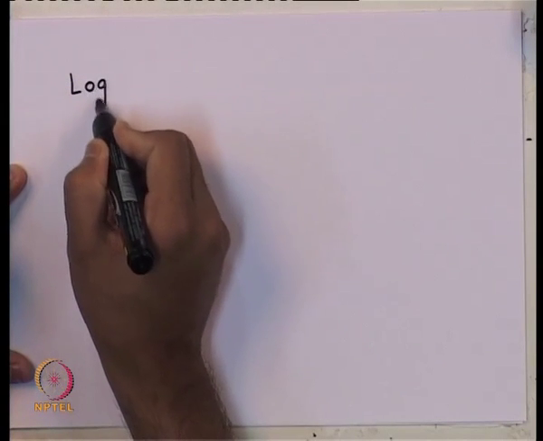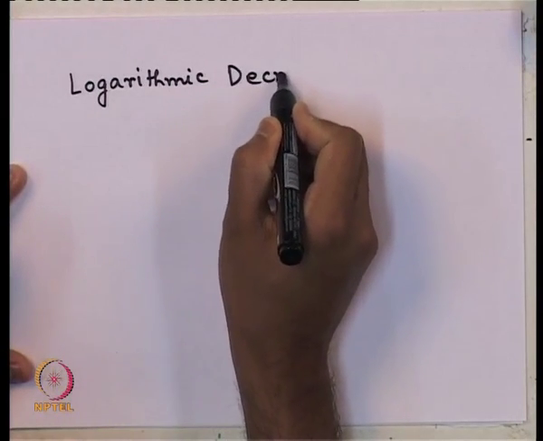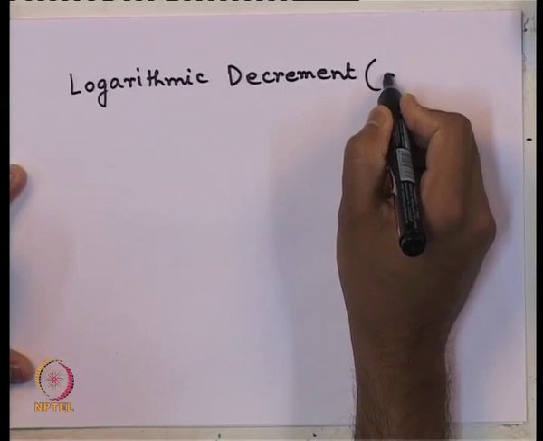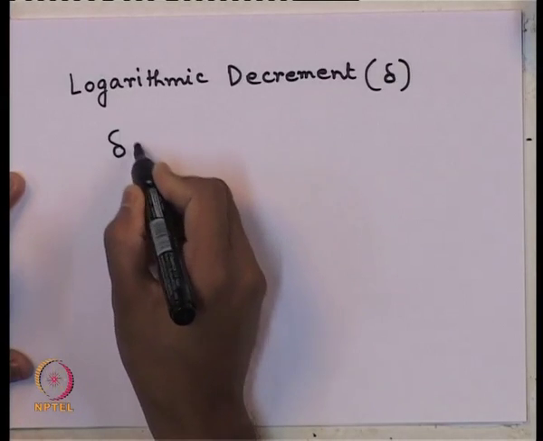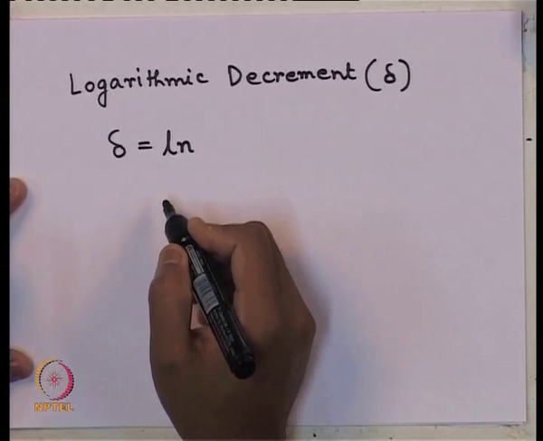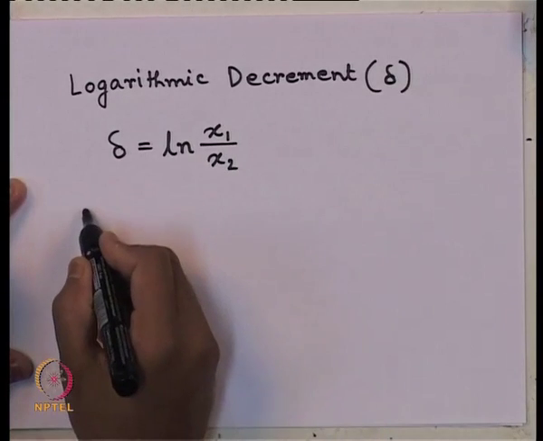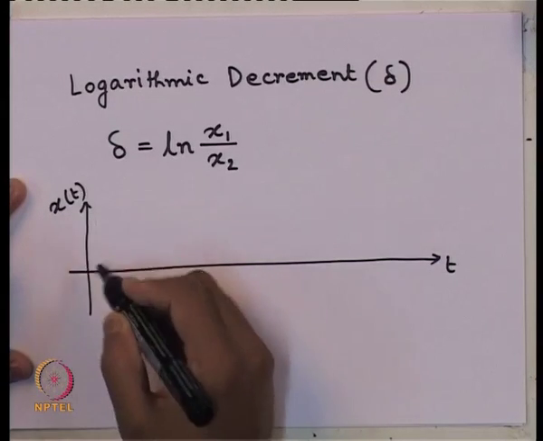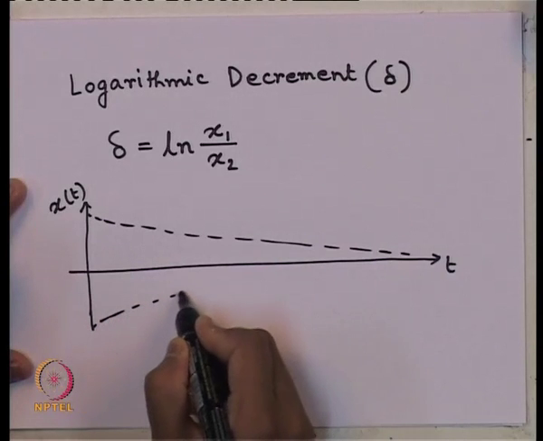It is called logarithmic decrement. It is denoted generally by the term delta, Greek letter delta. So, how is it defined? Delta is defined as natural log ln of x1 by x2, when we have the response x of t with a decay function like this, the envelope of the decay function,